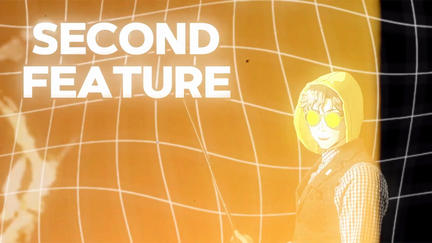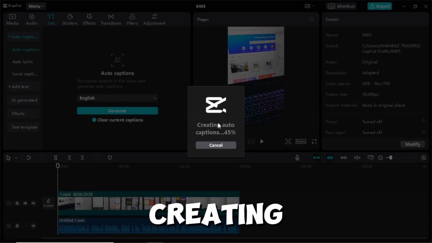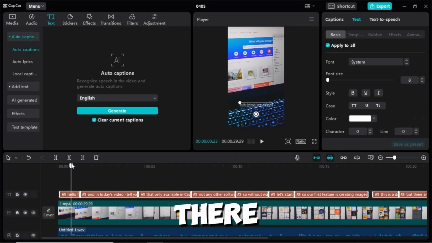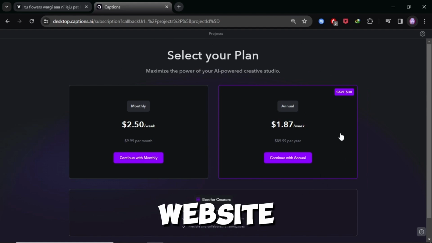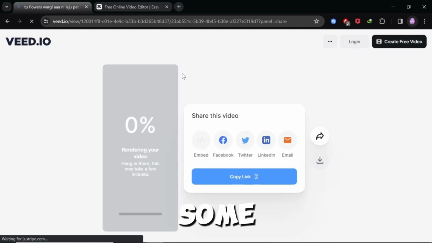So our second feature is auto captions. This is a big issue for creators. Creating captions, creating subtitles, this is a difficult task. There are many websites like captions.ai. I used almost many of the websites, but some of these are paid, some have some credits, some have watermark